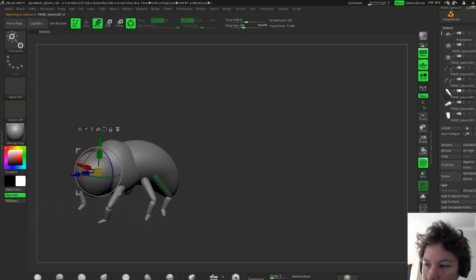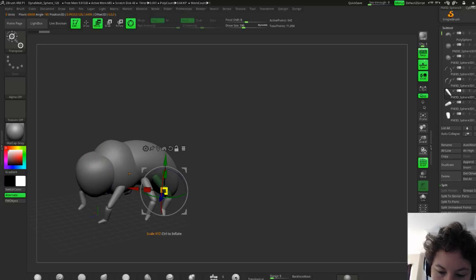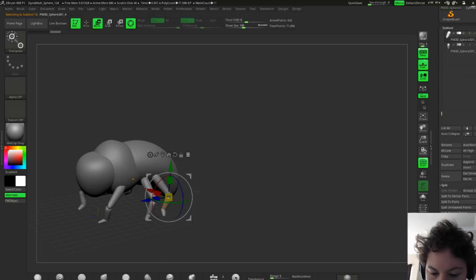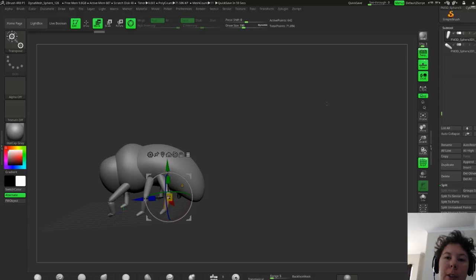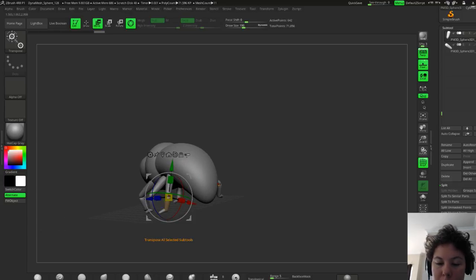Alright, that should be everything. And then select this one again. There we go. So what I did there was I've masked out all the other regions of the bee so that it's not affected by any tool that I'm using, except for the bottom part of the leg and the foot. And then I selected this,